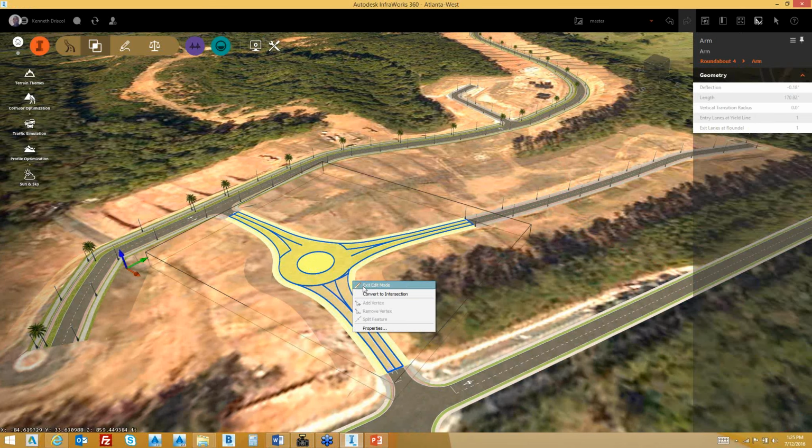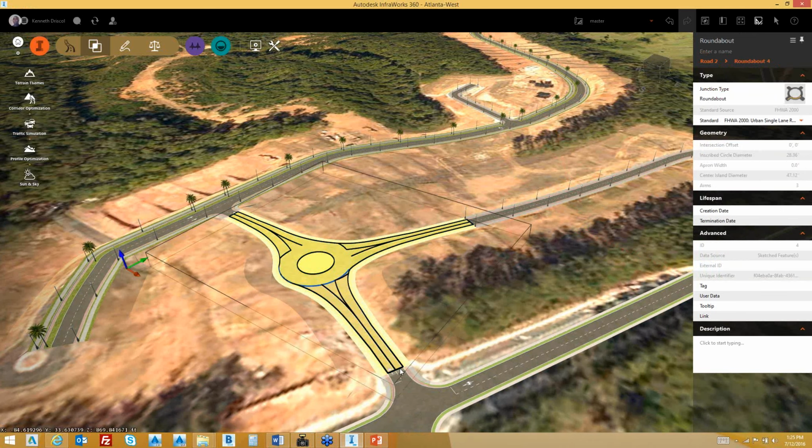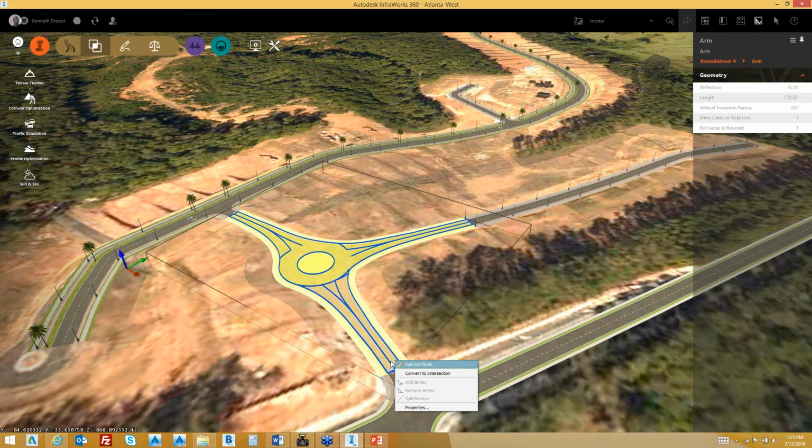Some of the functionality that it will allow you to do is, now when you can do lanes ahead and lanes backwards, it's going to allow you to put in